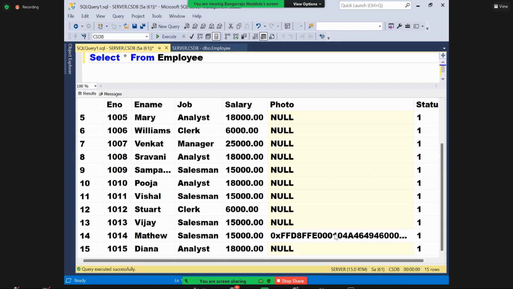But what about the rest? The rest of all the employees' images will be updated. Already we have null there. Okay, we have an update feature now. In the update feature, I'll update all the images. Okay, but if you want to update,